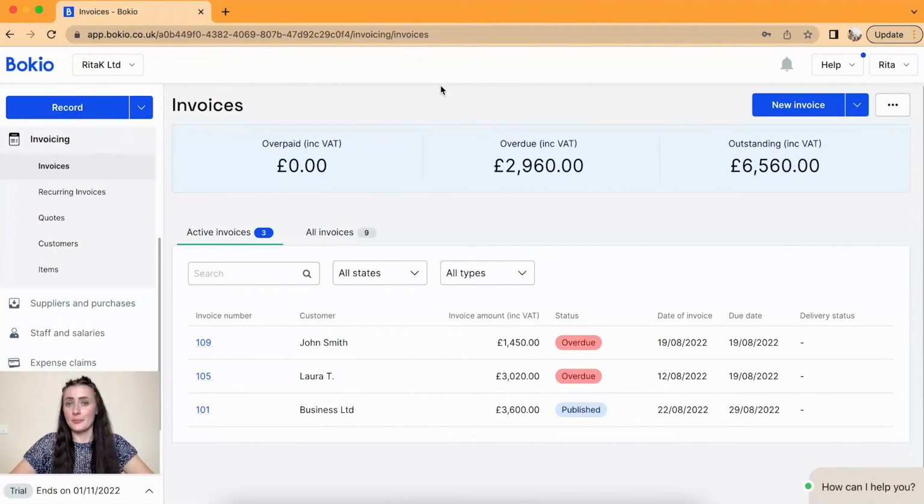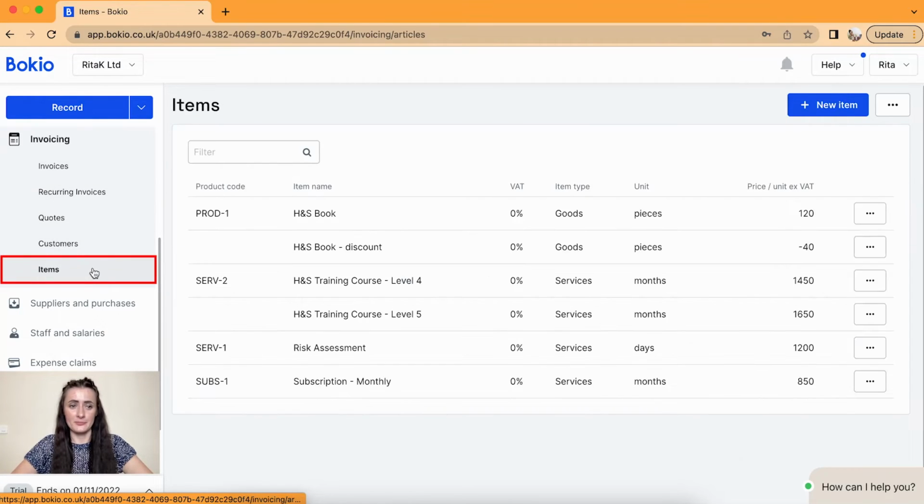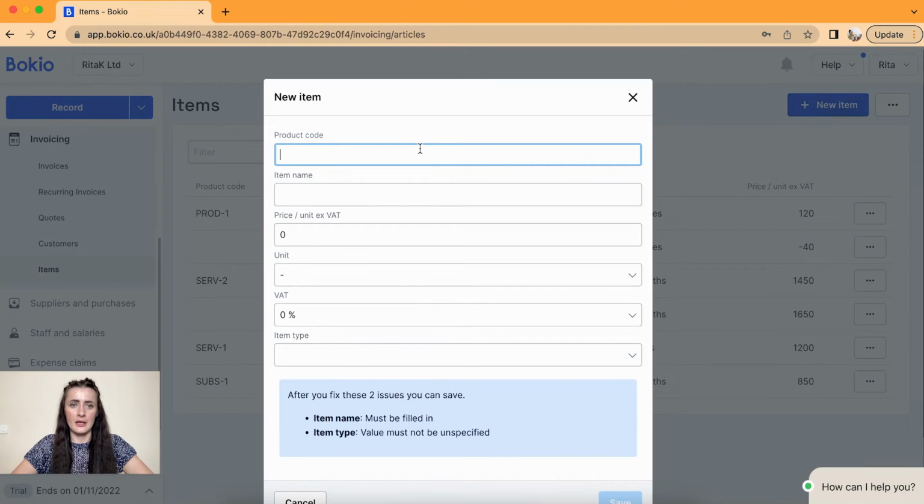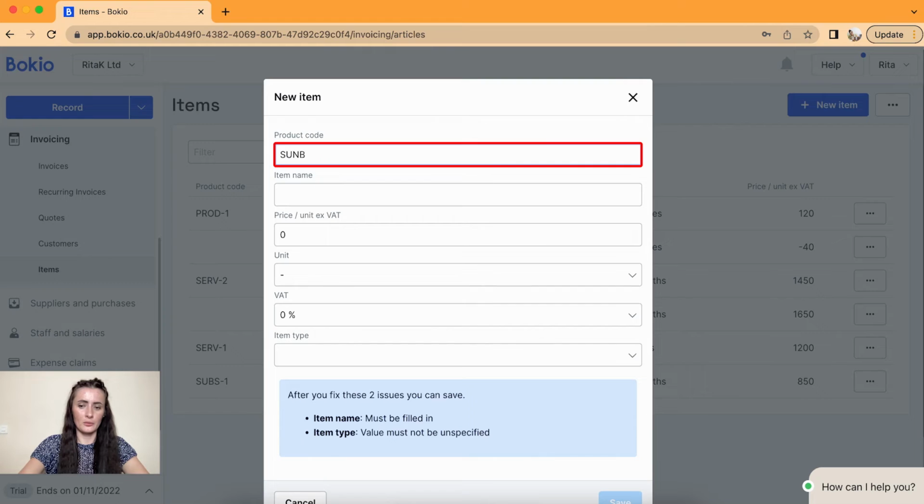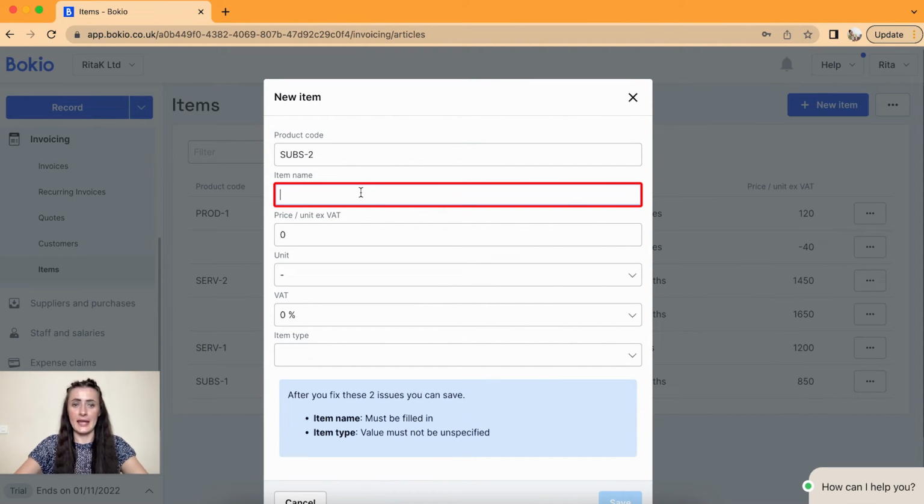To add a product or service, we need to go to the invoicing section, and there is a subsection called items. From here, to add a new product like goods or services, we need to click on new item. Add a product code. So I have product code subscription 2, item name,